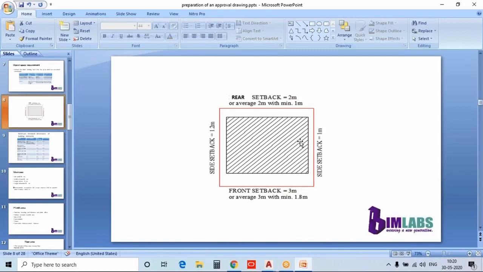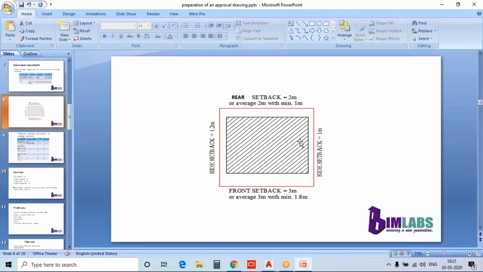After planning or drawing this site plan, then only can you give the open space requirements and plan the building according to that. Then only will you be able to know how much space will be there for your building or plinth area. First of all, you have to follow these open space requirements: you should give a front setback of 3 meter, a rear setback of 2 meter, and a side setback of 1.2 meter on one side and 1 meter on the other side. Then you will get a rough idea about how much area will be there for planning the building.